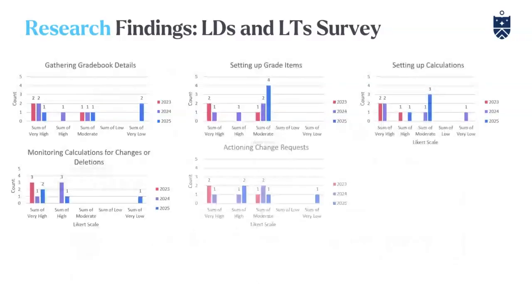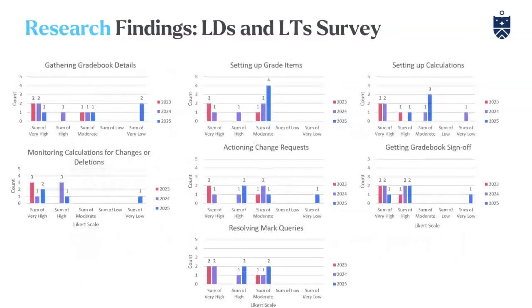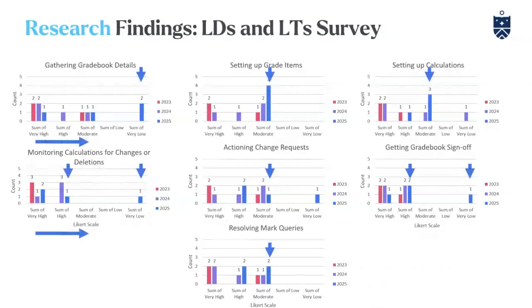Each of those separate focus areas has its individual graph. Generally, on the x-axis, you can see the Likert scale from left to right, from very high effort moving down to very low effort. If we emphasize a trend, noting that we've got a low response rate here, a trend that we identified was that generally in 2025, our members were indicating that previously high effort was now either moderate or even very low.